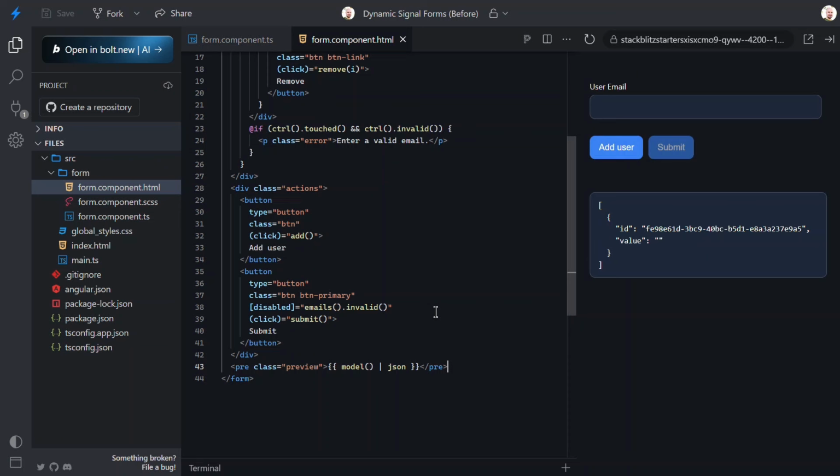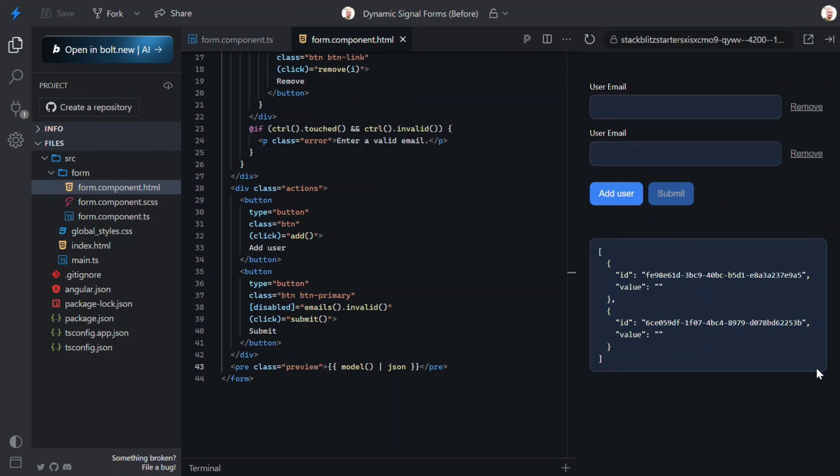Nice, everything looks exactly the same to start. We've got one email field, the Add User button, a disabled Submit button, and our JSON output. Then, when we click the Add button, a new email field is added and the remove buttons appear just like